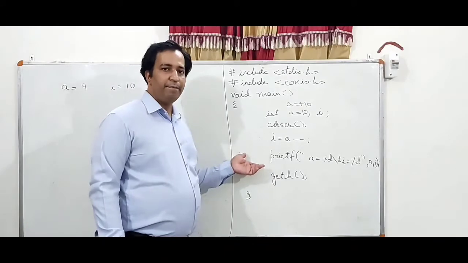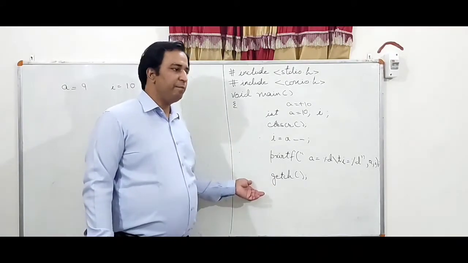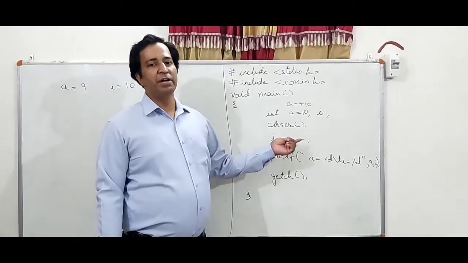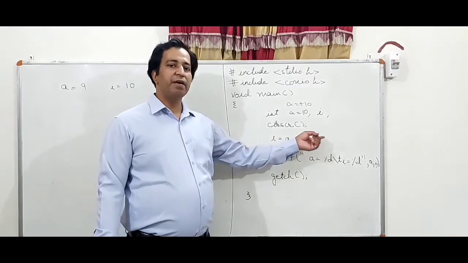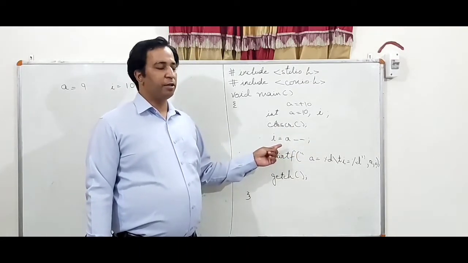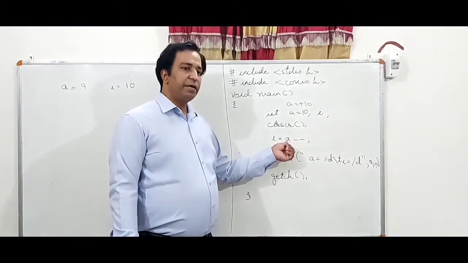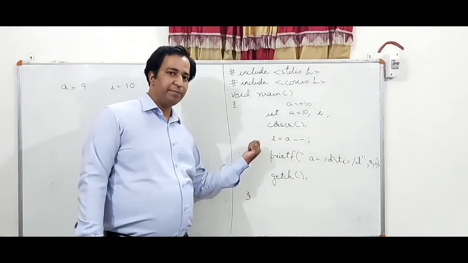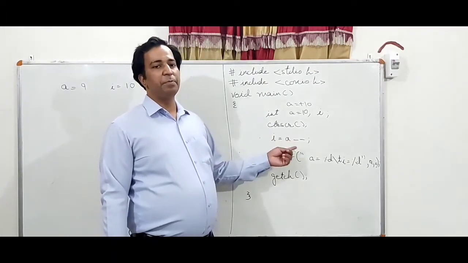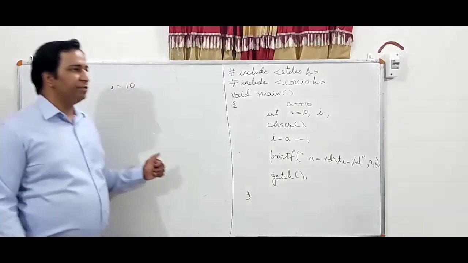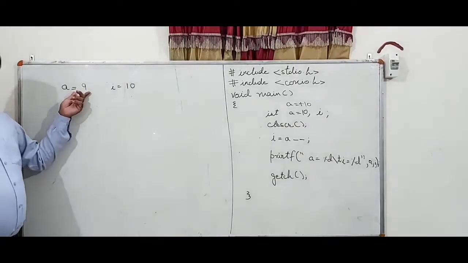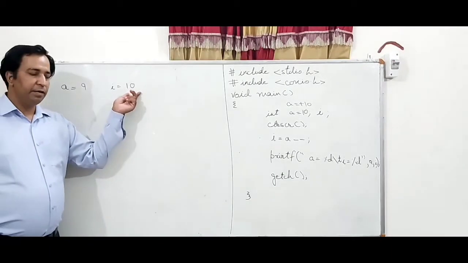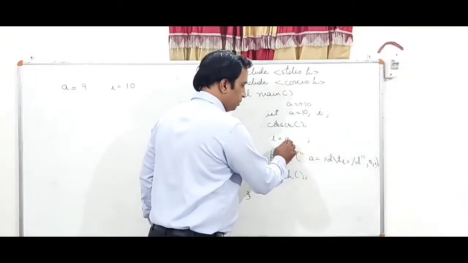Please have a look at this program. This is almost the same program, but here I have changed the post incremental operator to the post decremental operator. This also will behave in the same manner as the post incremental operator. I have written a minus minus, right? This operator will assign the value of a first and then a's value will be decremented by 1. So the output of this program will be a is equal to 9 after decrement, and I will be assigned 10, right?